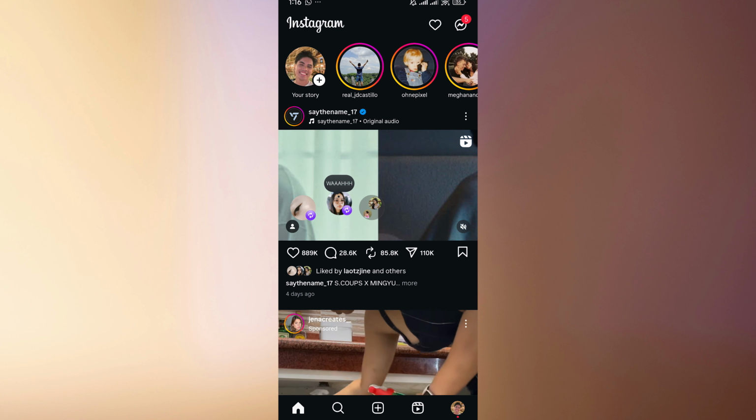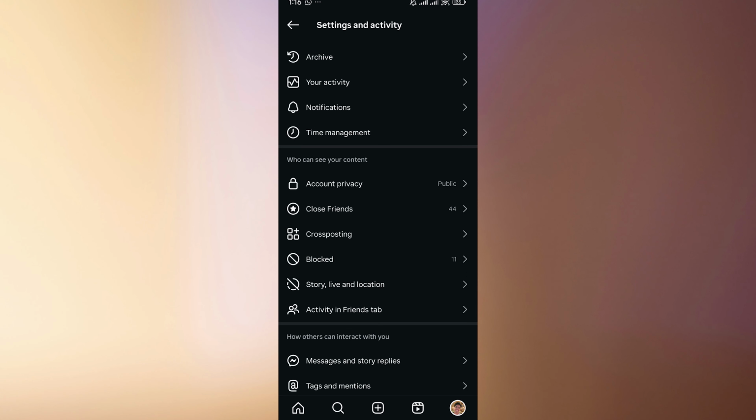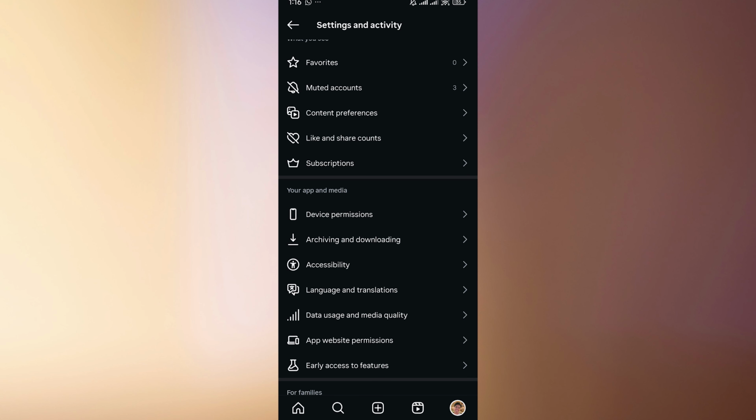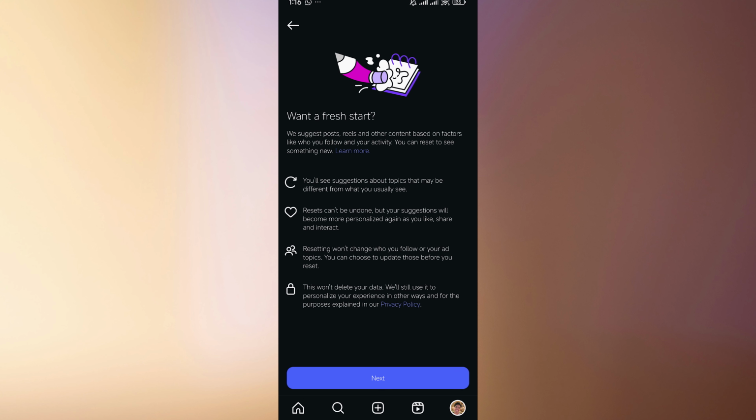So look properly now. You need to head to your account here, then click the three lines on the top right corner of the screen, and then you scroll down until you find content preferences here. And what you just need to do is click on reset suggested content over here, and then